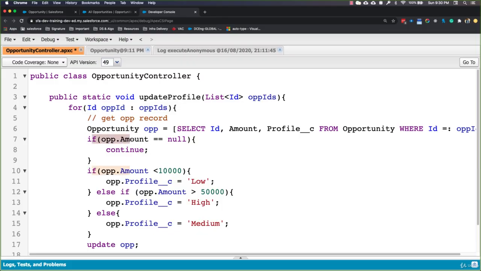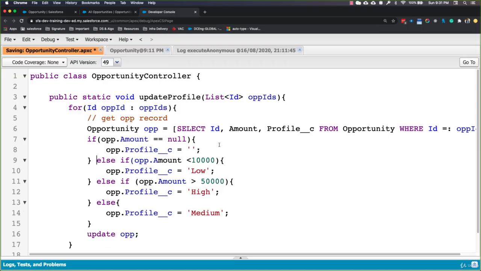Or rather, we'll update the profile field to blank. Let me simply copy it and update it to blank, and that's it. We can put it inside else if,